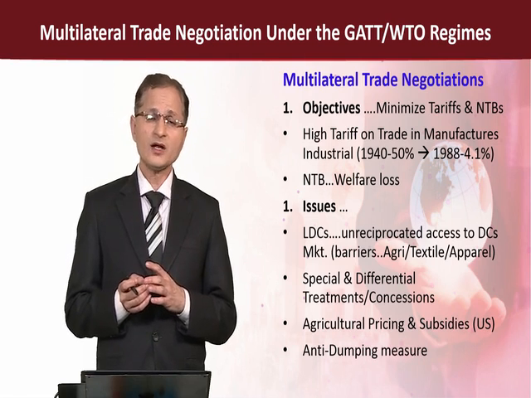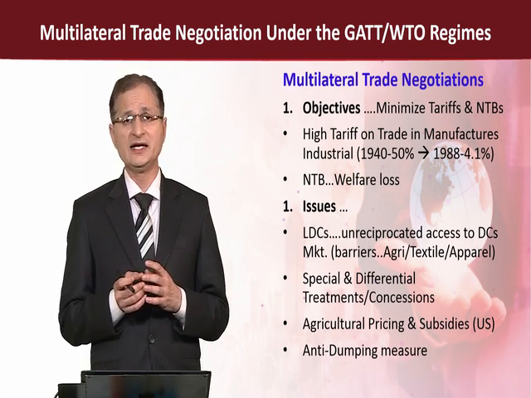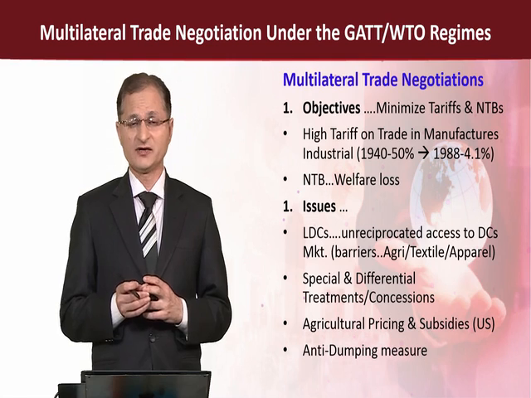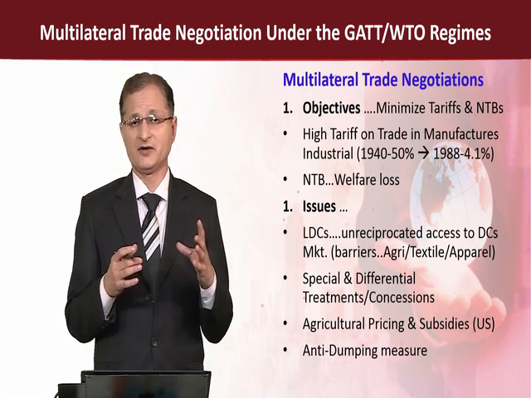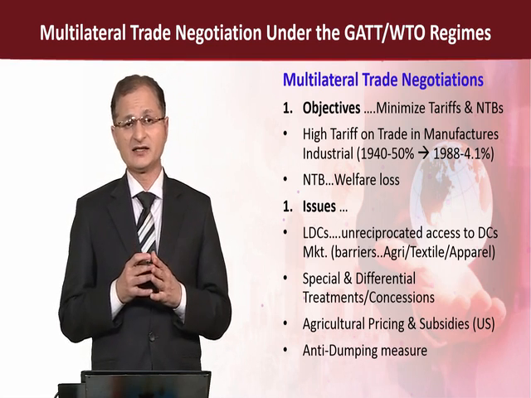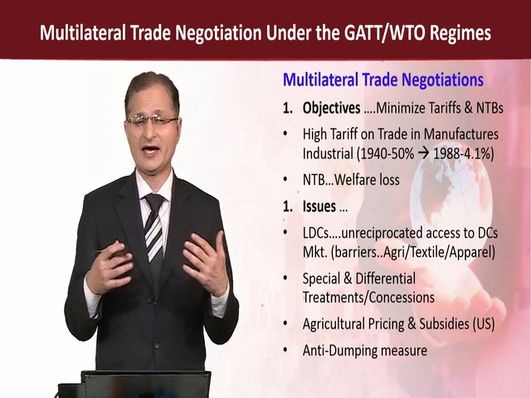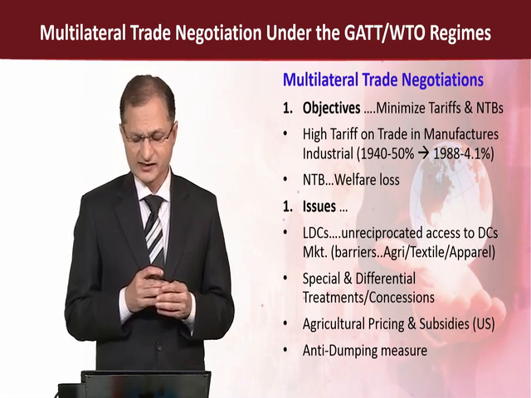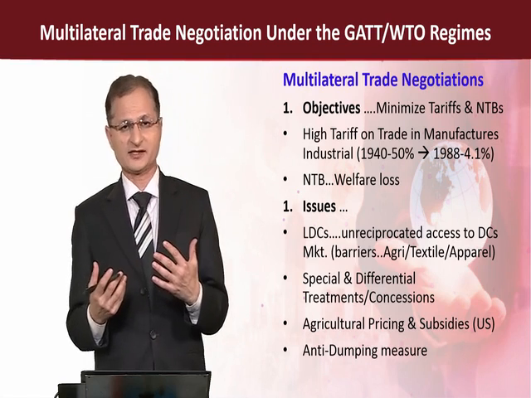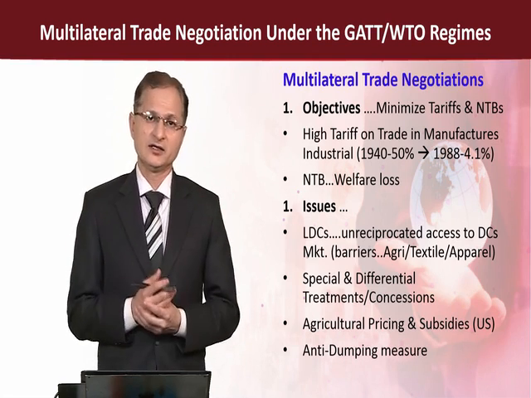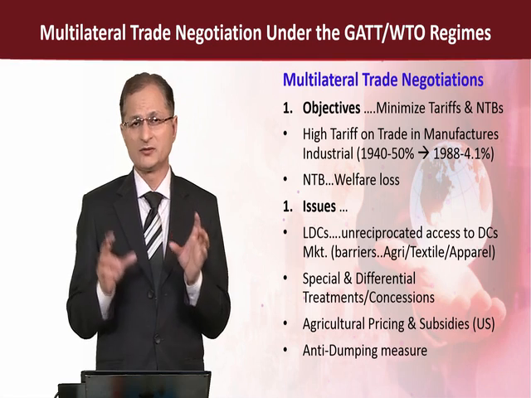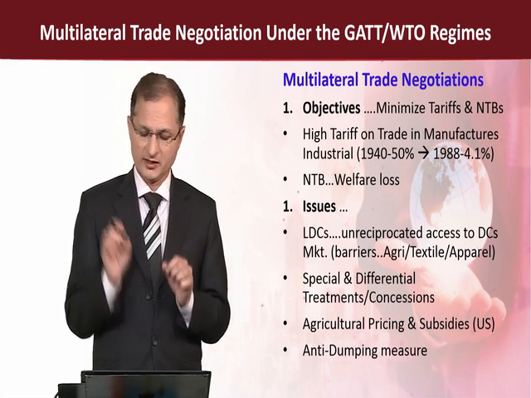One issue is that least developed countries or low income countries actually need access to the developed countries' markets, and specifically they have a somewhat more competitive advantage in agriculture products, textiles, apparel and such kinds of things. But the problem is that whatever access they want to have is unreciprocated. Meaning, in reverse they are not going to offer the same kind of access to the industrial countries in their own market. So this one-sided need from the developing countries is causing a problem that needs to be resolved.